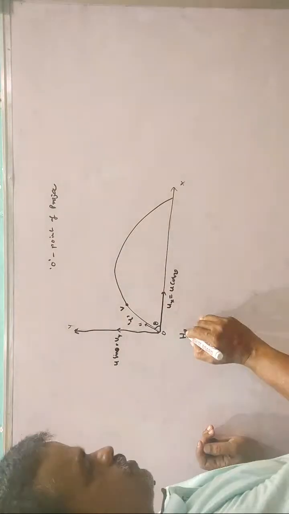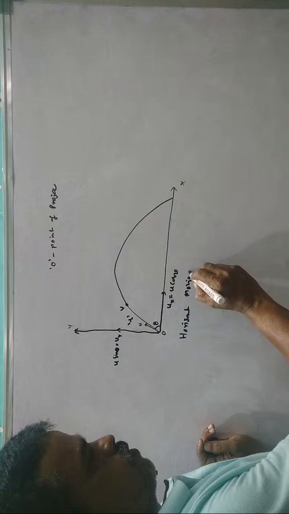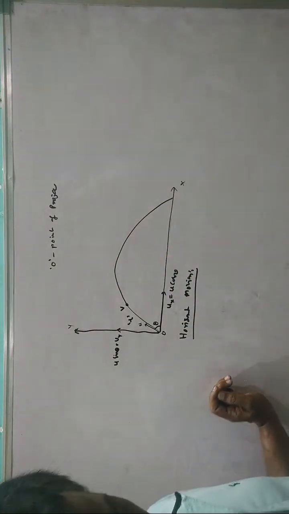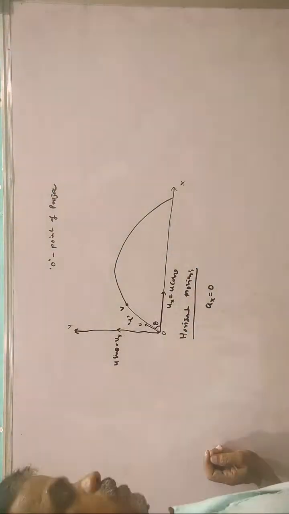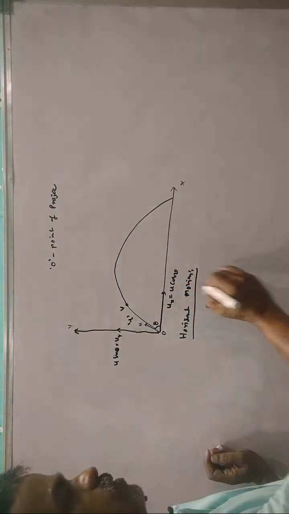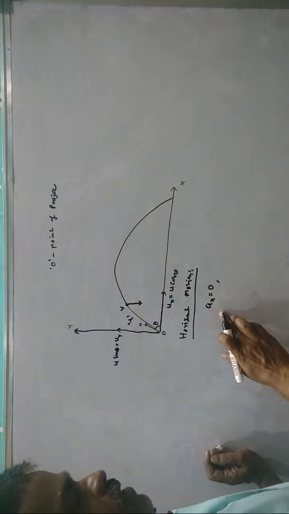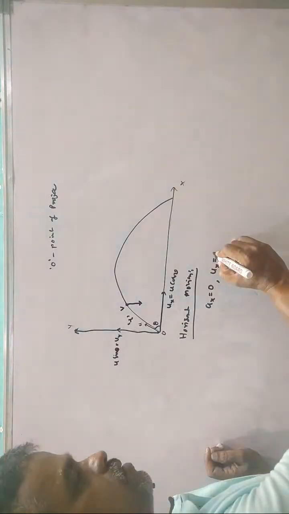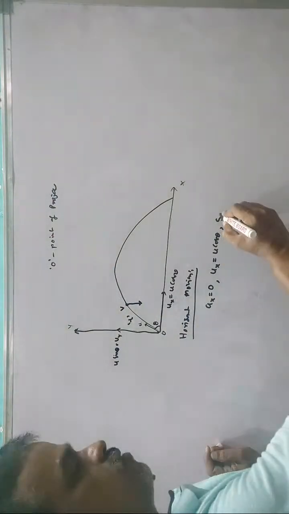If we take horizontal motion, the acceleration along x-axis, ax, is 0. The acceleration always acts downward, so along x-axis it is 0. Velocity along x-axis is u cos theta. So the displacement covered